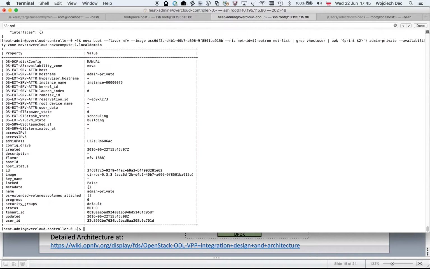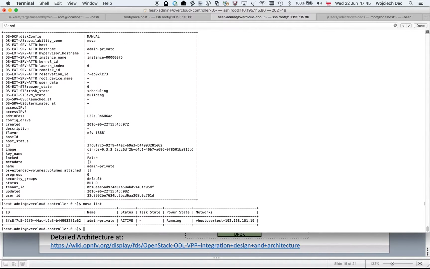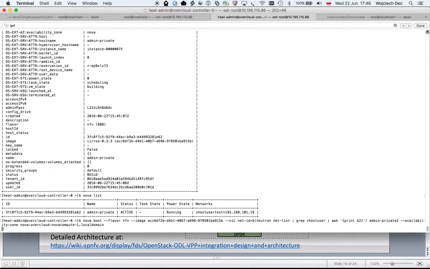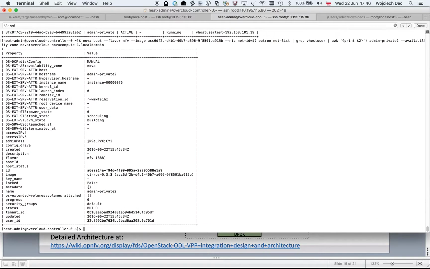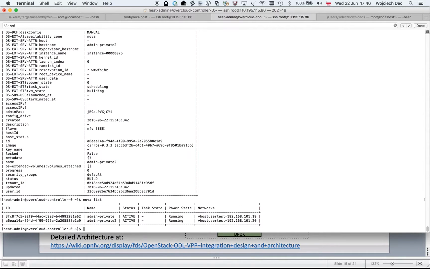Look, that should have come up, and indeed it has. And we'll now boot a second VM. Which also should have come up. We'll now check the